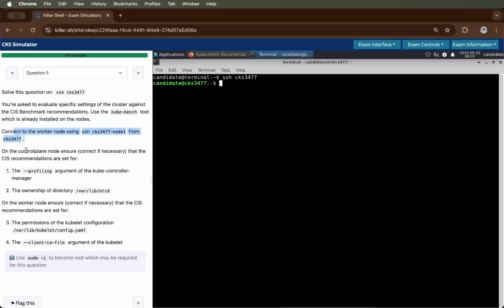Connect to the worker node from this. On the control node, ensure that the CIS recommendations are set for this, and this is for node. Okay, so the question says that we have to fix the issues that are showing in the CIS benchmark reports. So these are the things we have to look for. We have to fix the issues for the control plane, and then we have the worker node, which is node